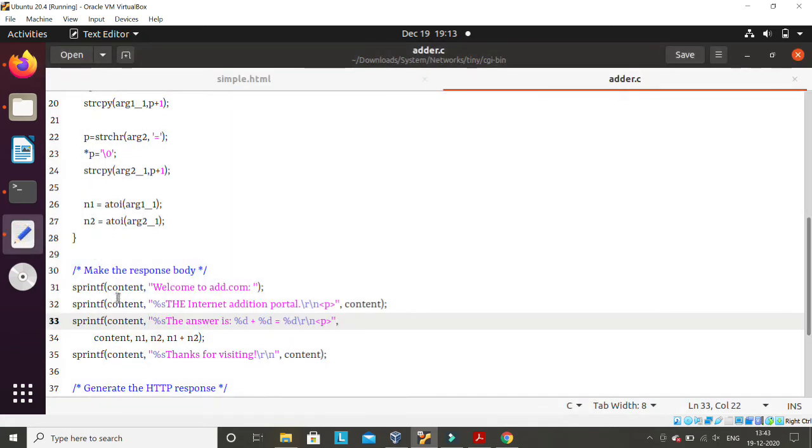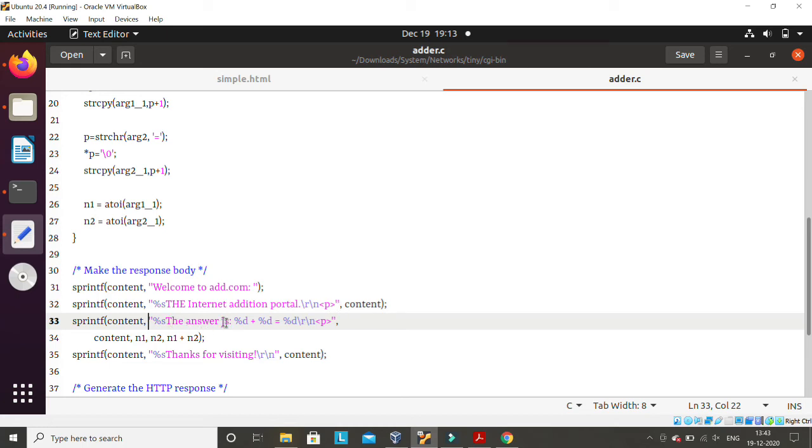You can see first of all we are creating a string called content. It's a big string, or you can say buffer. First of all, in this string we are writing welcome to this, and then in this string we are adding this thing and this content. And since it will be HTML content, we are writing in HTML format.